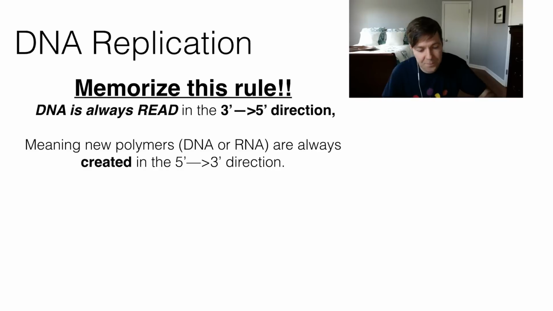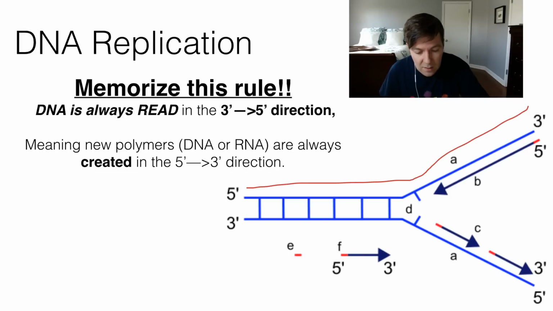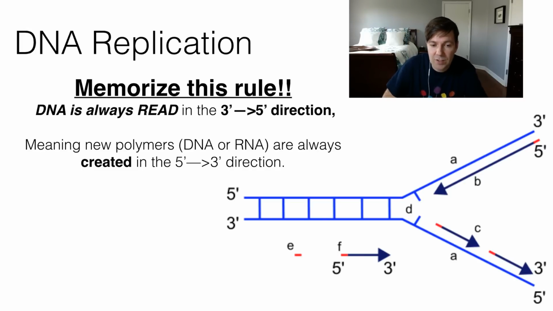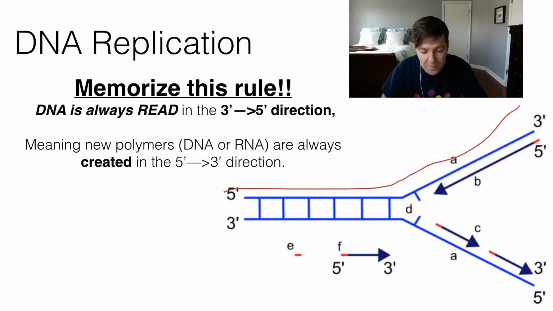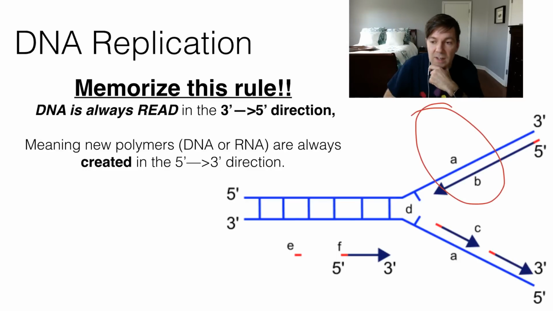All right, what does that mean? All right, let's look at DNA replication. So we have here this top strand of DNA going in the 3' to 5' direction from right to left, like that. And so following this rule, if I want to make some more DNA in replication, I'm going to read it in this direction, and I'm going to make my new DNA in the 5' to 3' direction. Okay, we call this the leading strand. It's nice and simple. As this replication fork opens up from right to left, okay, that top strand is going to keep